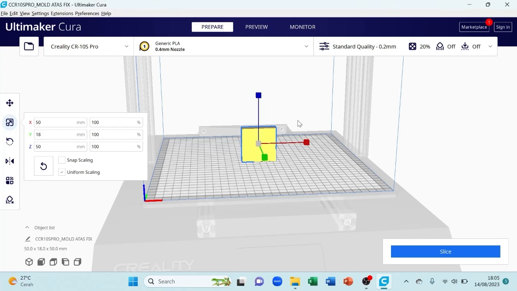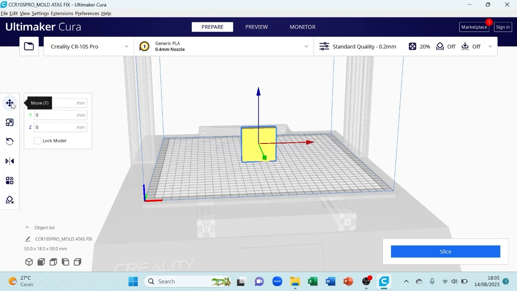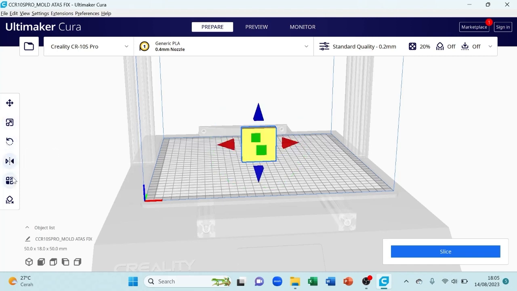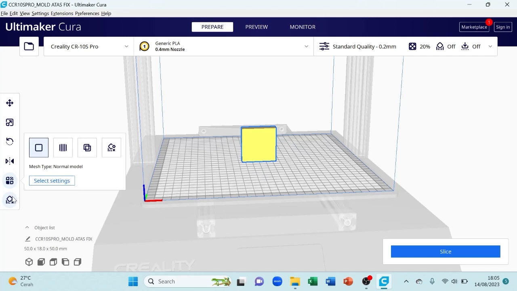Okay, now we can see the mold part is already on the base or bed of the printer. In the lower left corner, there is the size of the part to be printed. We can also rotate and move the object by left clicking on the part, and there are tools like move, and then scale.